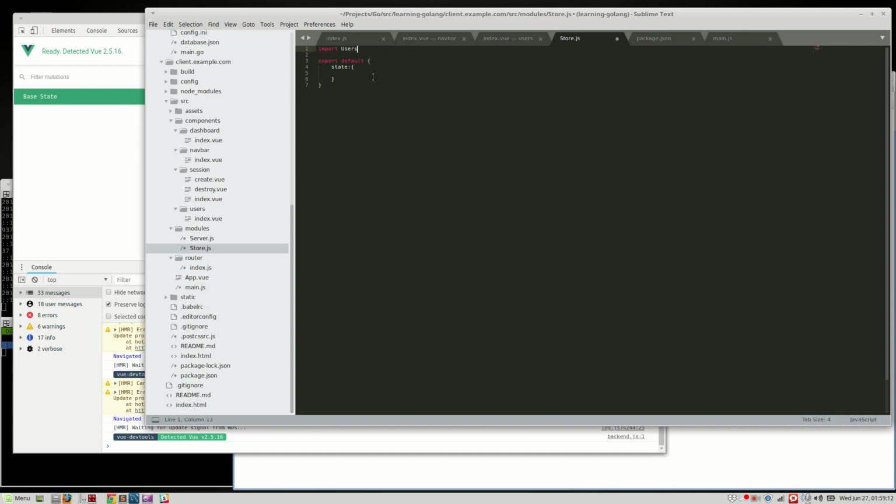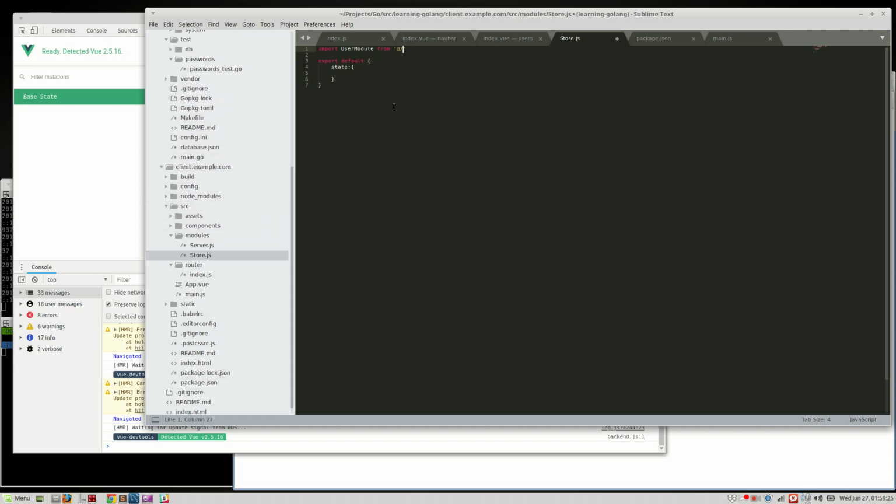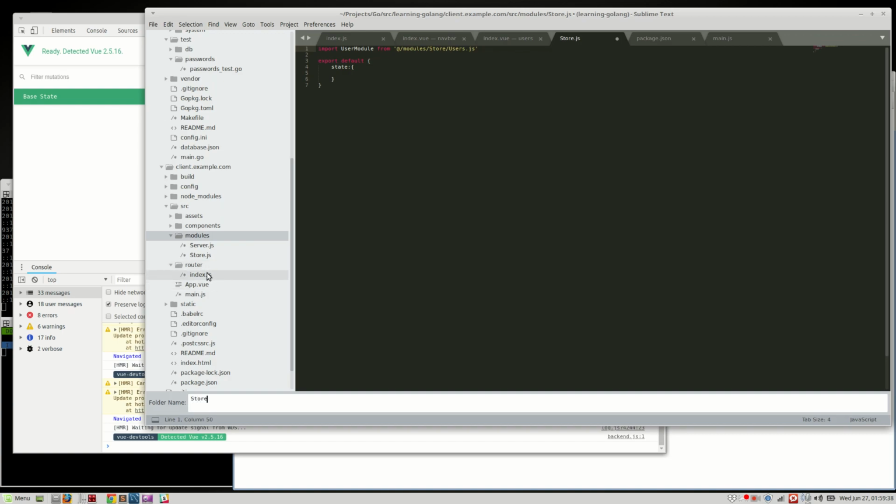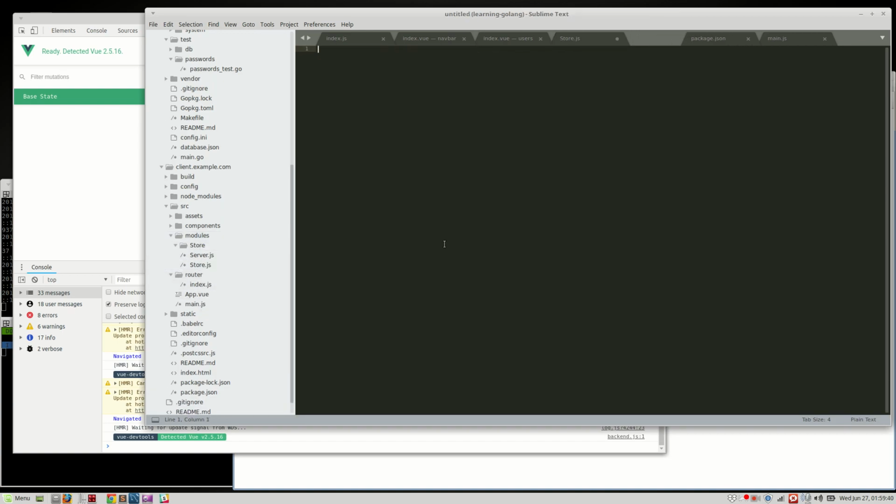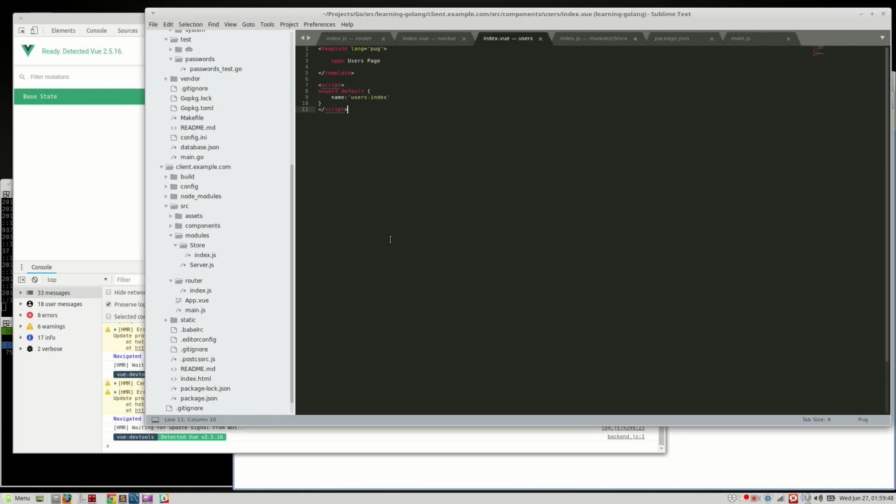So import users from modules/users.js, and we'll create a new folder, store. We're actually going to create a new file, index.js. Take this one here, copy and paste that like so, delete this one, no, we can close without saving, and